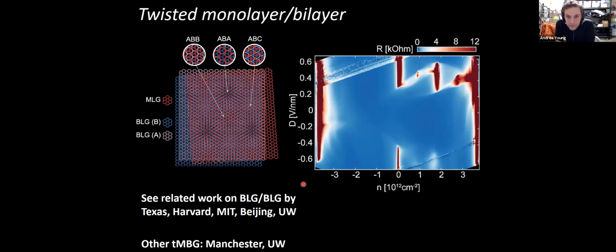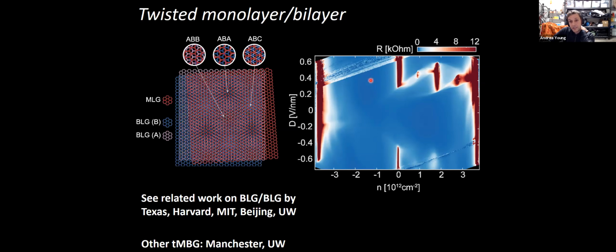To show you, and it's what I'll end on, I think the most spectacular manifestation of that type of physics, I actually want to switch one more time experimental systems to a close relative of twisted bilayer graphene, which is twisted monolayer on bilayer graphene. So this is a monolayer twisted with respect to a graphene bilayer. And this is what the phase diagram looks like for a given angle. This is, I think, 1.25 degrees, as a function, again, of displacement field and of charge carrier density.